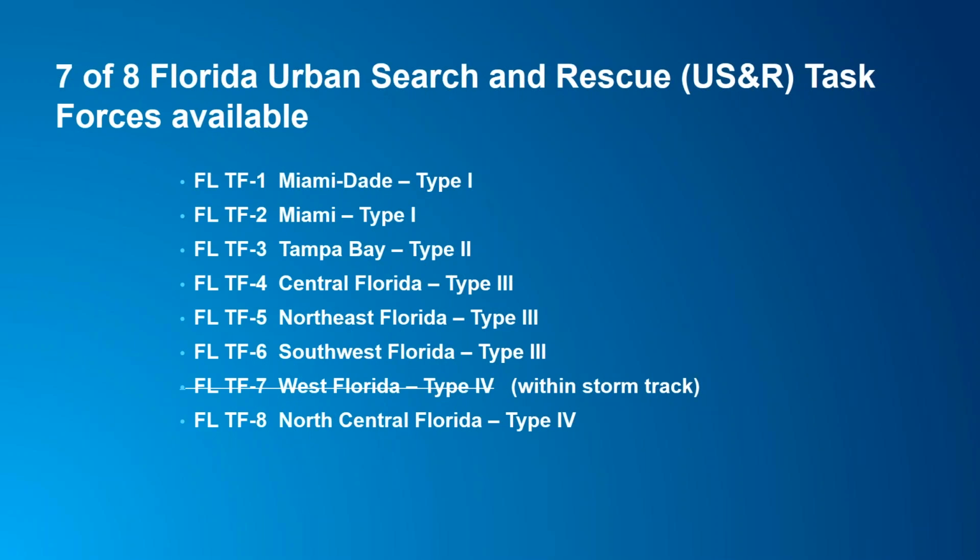So here you see in the state of Florida, we are fortunate enough to have 8 USAR teams throughout the state. 2 of those are federal teams as well, the Florida Task Force 1 and 2 in Southeast Florida. And so for the most part, these teams are located throughout the peninsula of the state of Florida. With the tracking of Hurricane Michael, we were very fortunate in that only one of those teams, the Tallahassee team, Task Force 7, was really under the gun of the storm track and was not able to deploy in advance